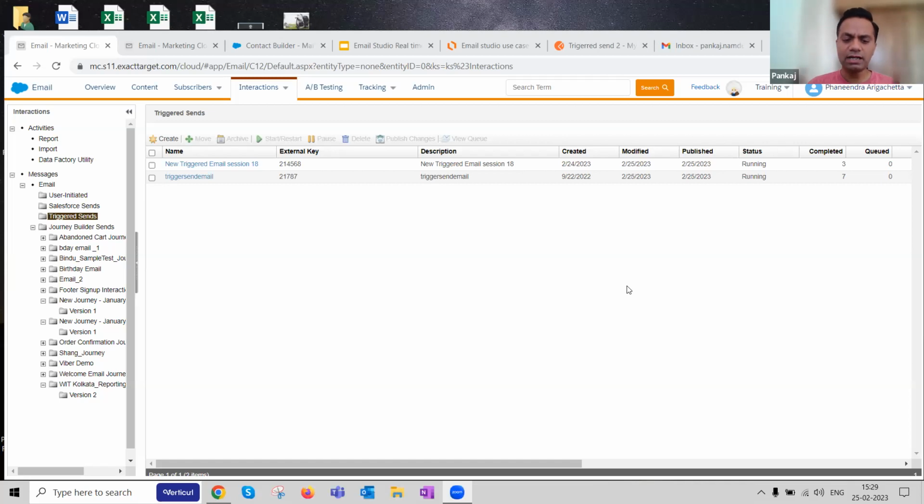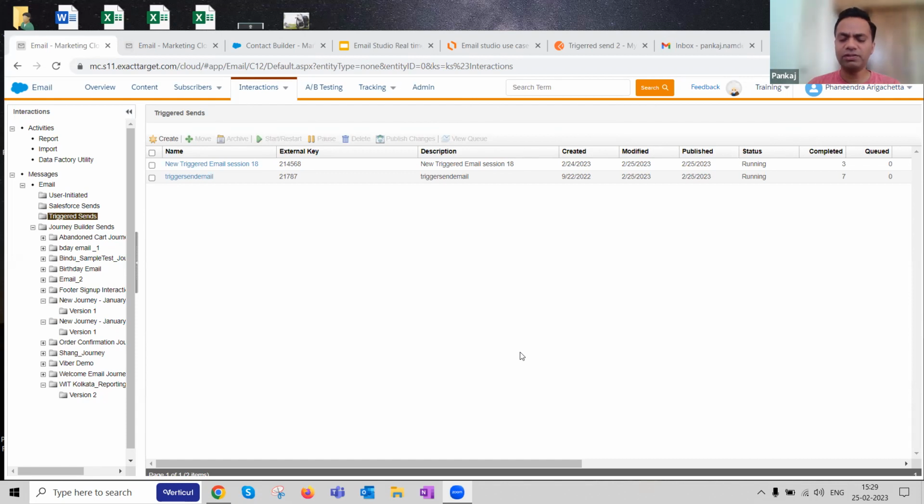That's true. So that's perfectly normal to get it real time, not near real time. So how do we do that? In that particular case, the trigger send comes to my rescue, which is a no-brainer, right? What is trigger send? Trigger send basically helps us send emails which are triggered by some other systems. That's the triggered send, as the name suggests. So somebody triggers it, it will send your email. That's it.